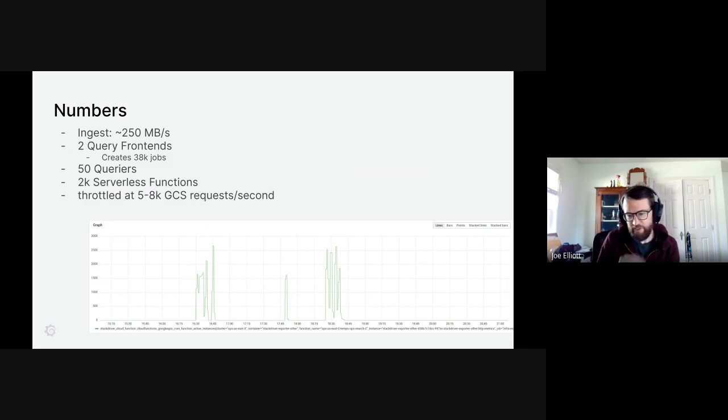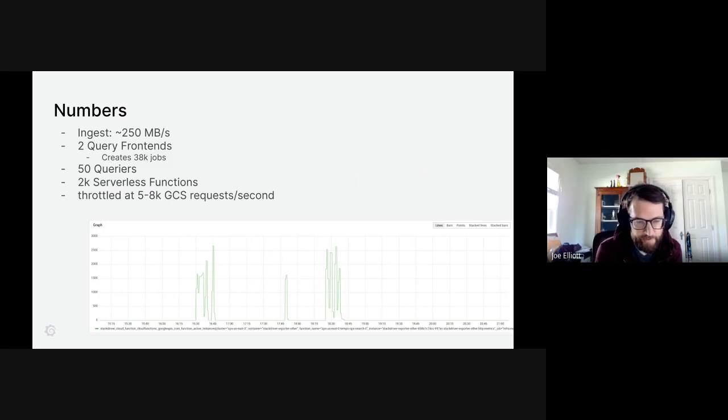So, it starts at 0, of course. You see a graph down there of the count of active serverless functions in GCP. And so the querier is sitting at 0, of course. And then you start asking questions. You start doing these time range searches. The query frontend hits the queriers. The queriers start slamming the Google Cloud Functions, which then scale up very rapidly,